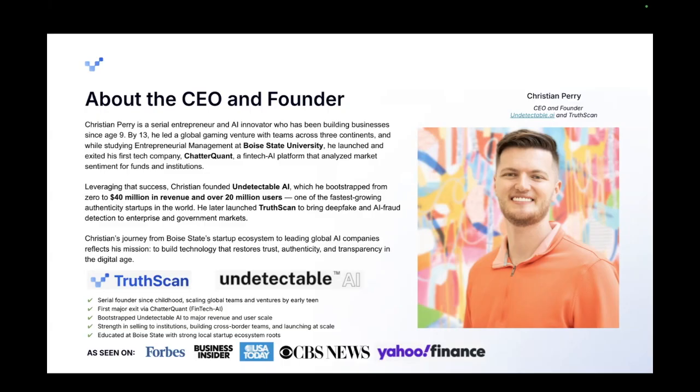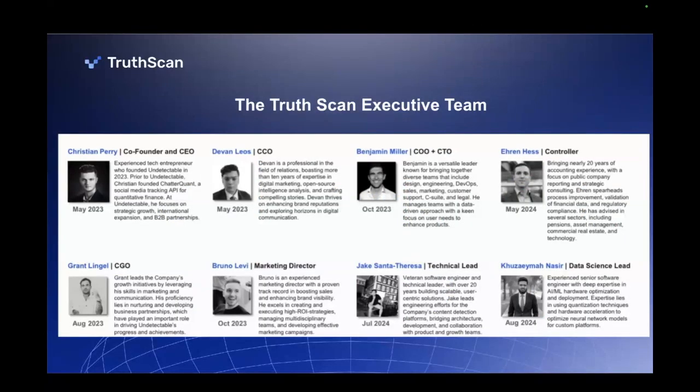He built that to 20 million users in just a few years, with 40 million in revenue, bootstrapped. A lot of those companies came back and said, can we use the same technology to help us in the enterprise and prevent fraud? Since June, we've just gone off like a rocket ship. And we have a team of executives with over 100 years of experience doing the same thing and taking this to the next level.